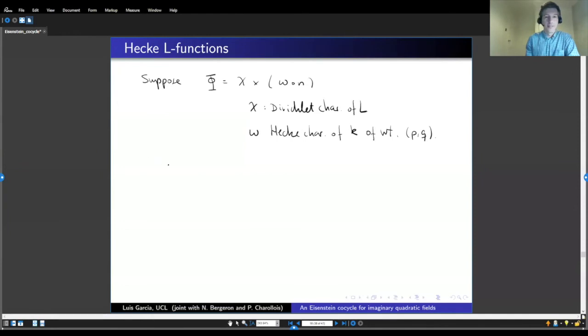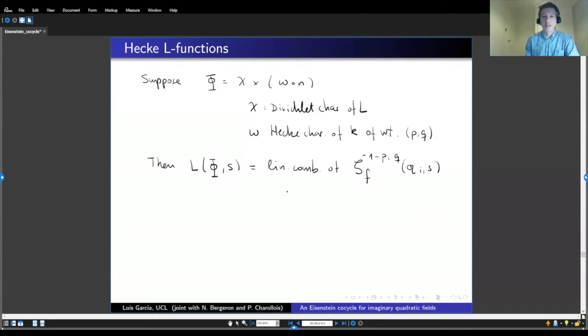Then you can consider this Hecke character phi, and the L-function of this Hecke character is a linear combination of zeta functions of this form,